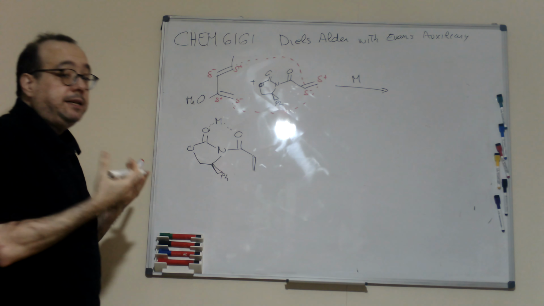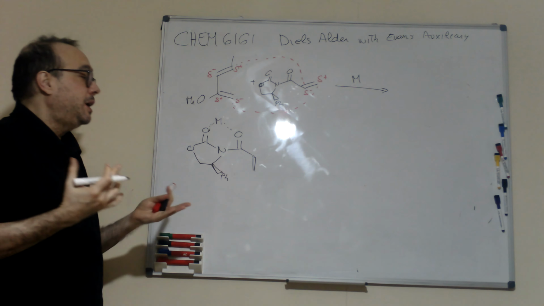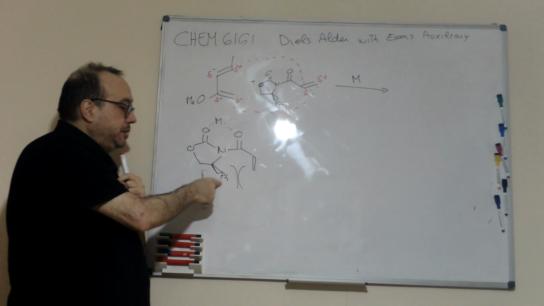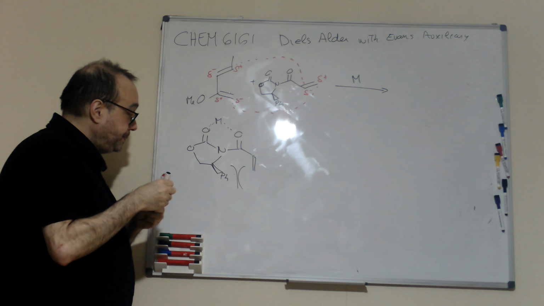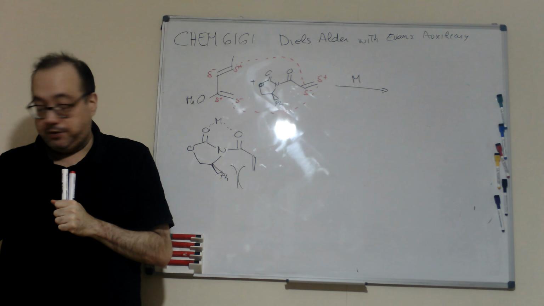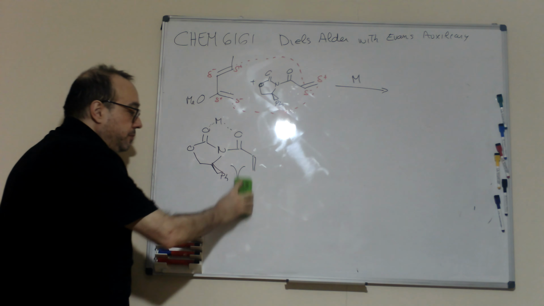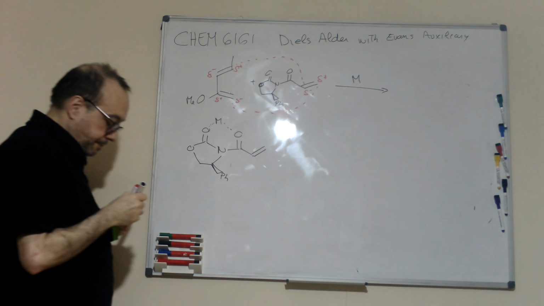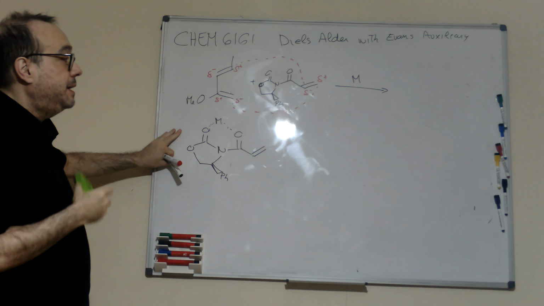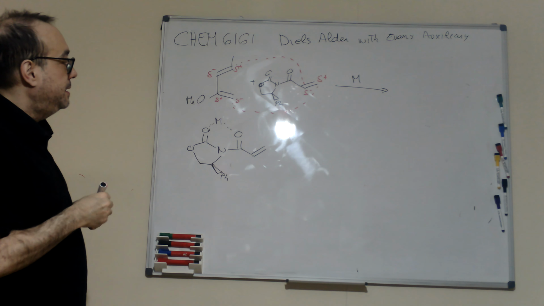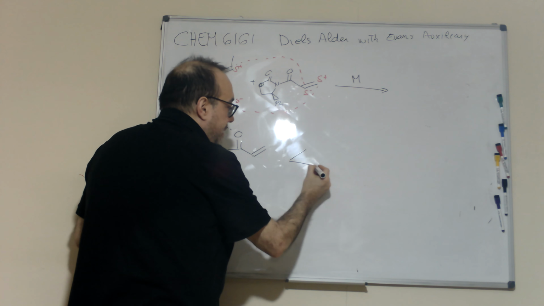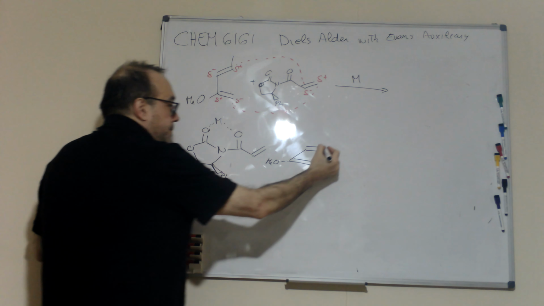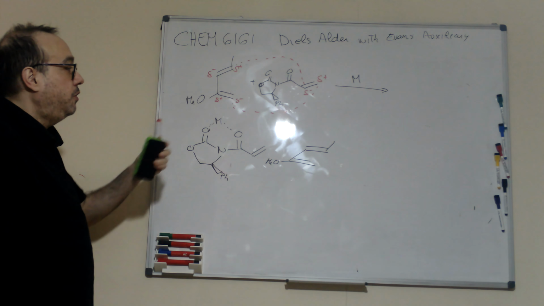In this case, we apply the same theory that we use when we are doing enolates. When we put the alkene in this position, it crashes with the substituent of the oxazolidinone. That means this conformation is destabilized, and what we have is this conformation. This will be the conformation that we use to do this reaction. Then we put the diene as usual, perpendicular to the slide, and I do the approach from both sides